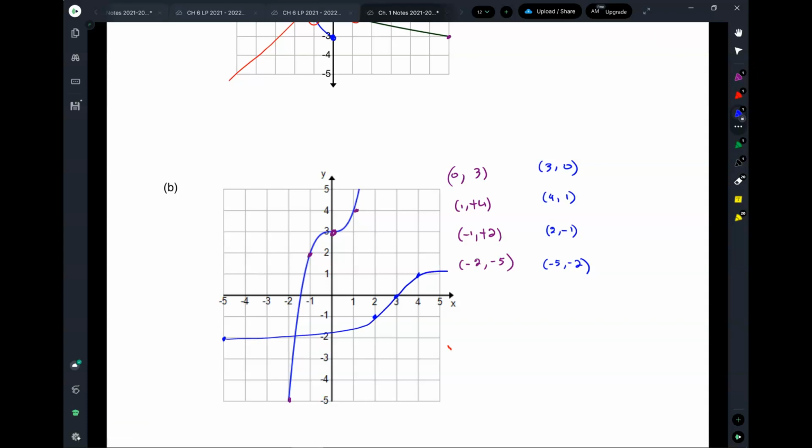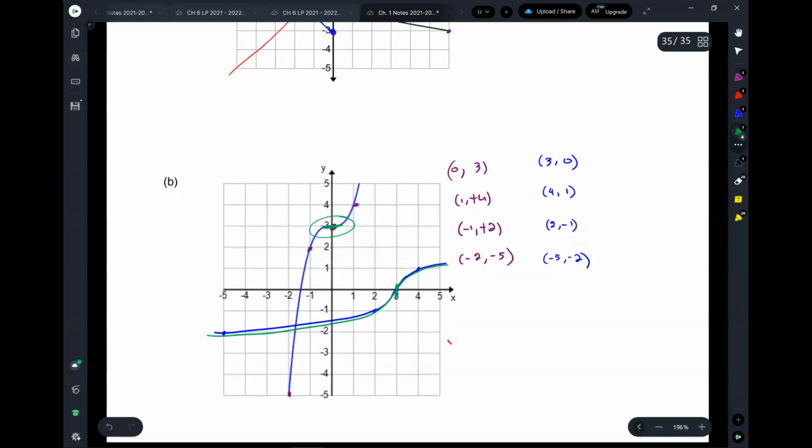Okay? Do you see this one, how it's like a little rest right over here? I did that one first, and then I go like this, and like that. Okay? So that is section